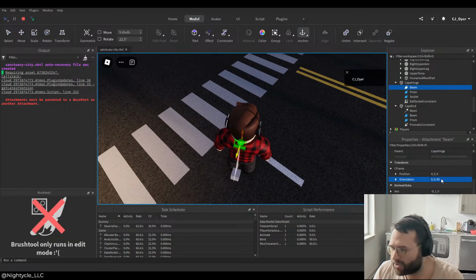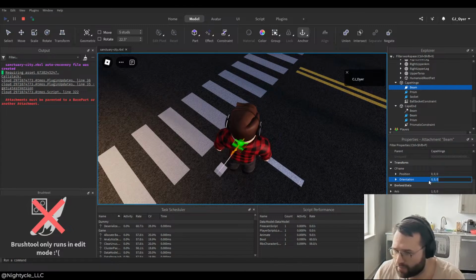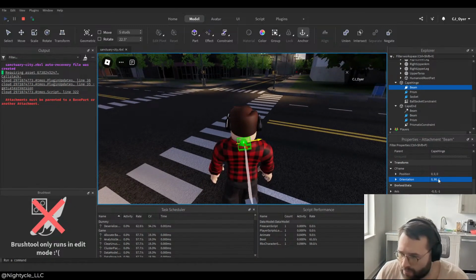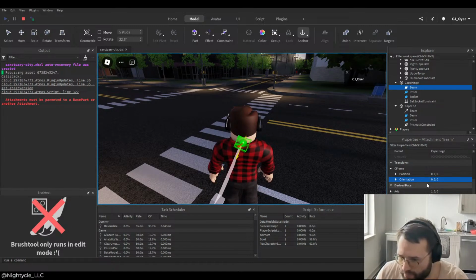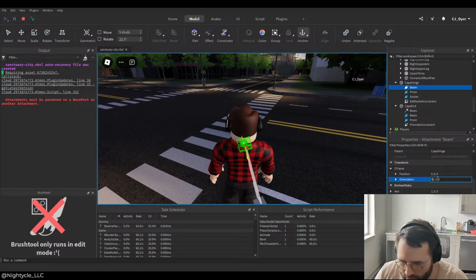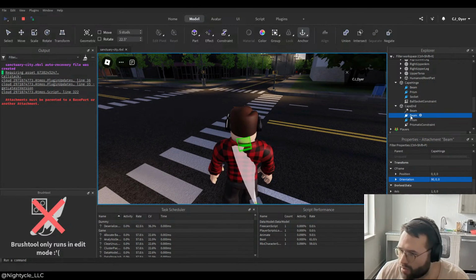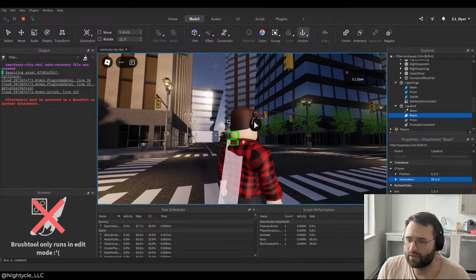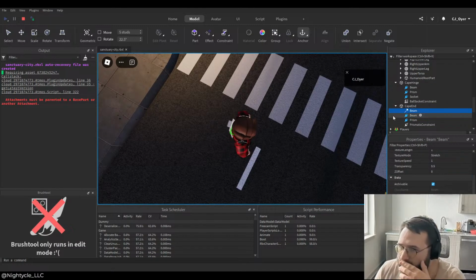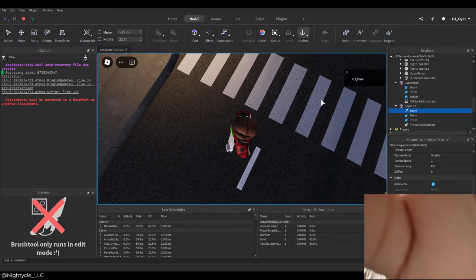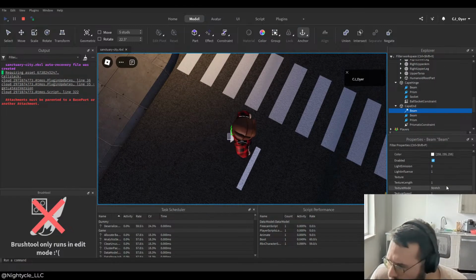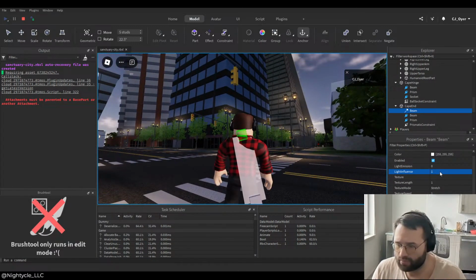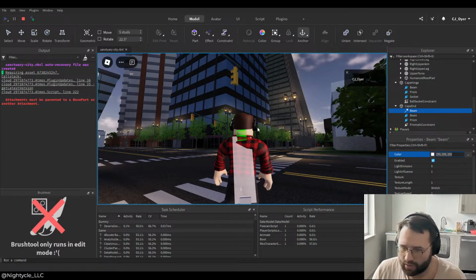Let me make sure that I'm rotating the right axis. Okay, that looks like it might work a bit better. Okay, cool. Okay, so we have that. So let's go back to the beam, so making this,